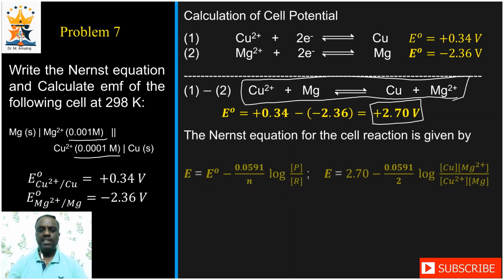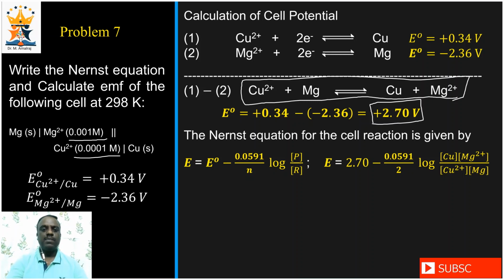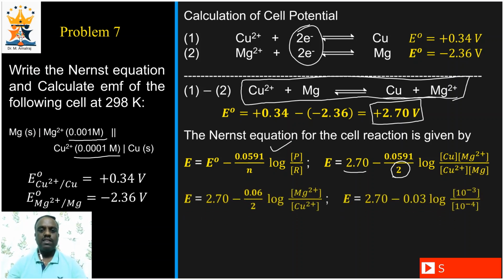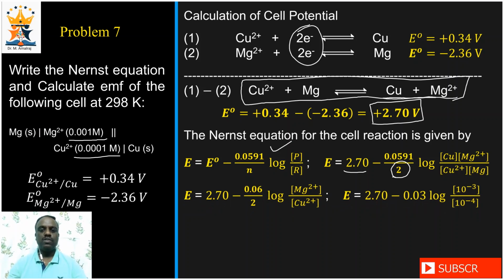So the Nernst equation will be given by, since the temperature is 25 degrees Celsius, we can comfortably use this expression, substituting the E naught and the number of electrons. Here it is 2. Look at the value, it is 2. And the reaction quotient can be mentioned as concentration of copper, the product by reactant. Since the activity of solid will be taken as 1, this equation will be reduced to like this, and this 0.0591 can be approximated to 0.06.